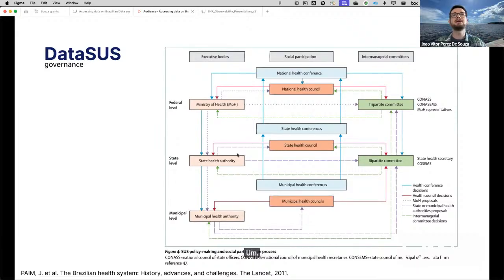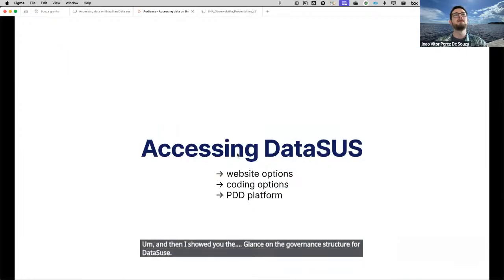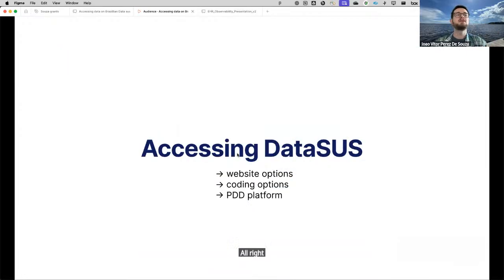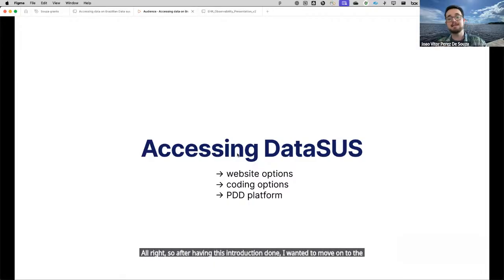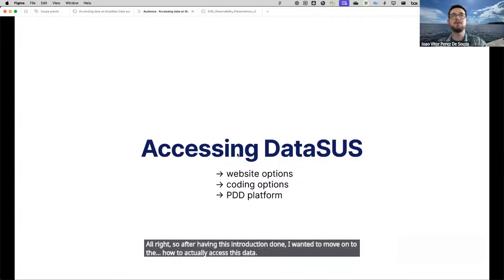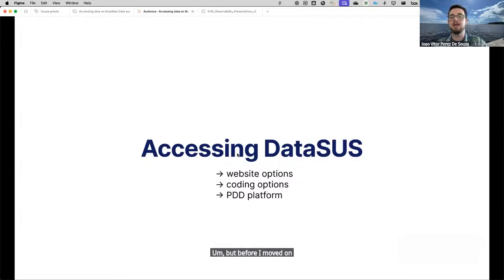And then I showed you a glance at the governance structure for DataSUS. All right. So after having this introduction done, I wanted to move on to how to actually access this data. But before I move on, I wanted to see if there are any more questions, maybe about what the system is, what kind of data is available.